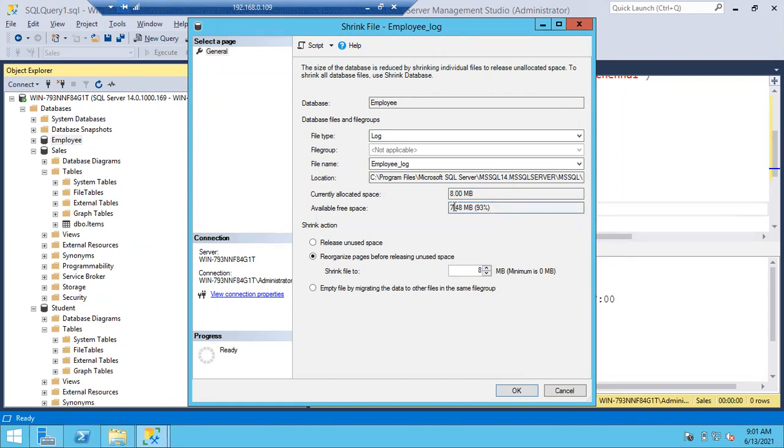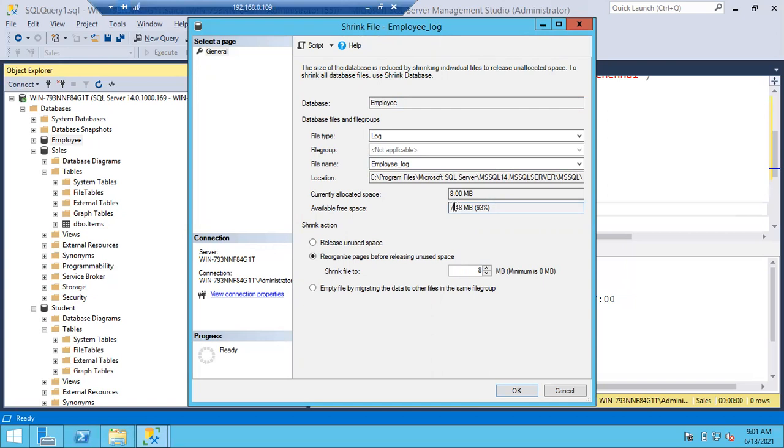Got it? Once the transactions are successfully committed, and the data is written to the data file, the log file becomes free. That's why the data file will grow. If the data is increasing, your data file will grow. Initially it will be 100 GB, then later 200 GB, then 500 GB, then 1 TB, 2 TB. The data file will keep growing as long as you are inserting data.